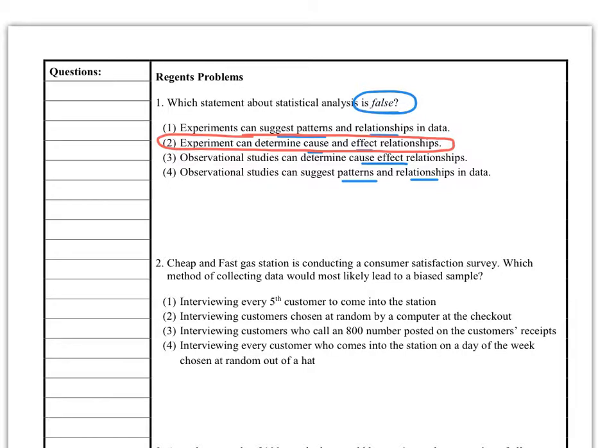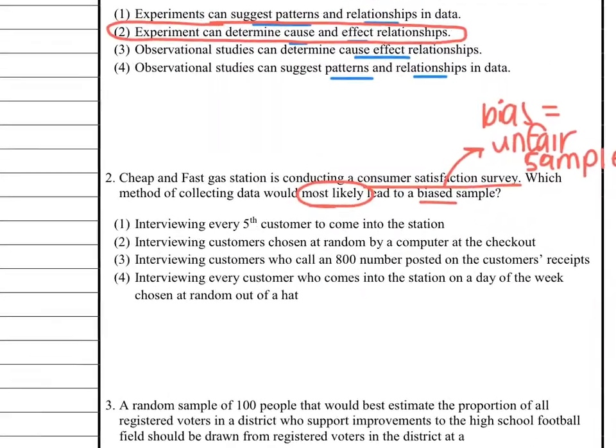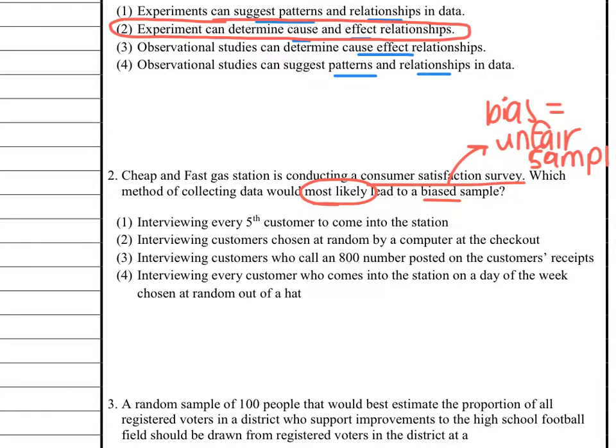In number 2, Cheap and Fast Gas Station is conducting a customer satisfaction survey. Which method of collecting would most likely lead to a biased sample? Biased again means like an unfair sample. I don't know what's up with my handwriting right now, but it's a mess. I'm so sorry. Okay, so number 2, our options are interviewing every 5th customer to come into the station,